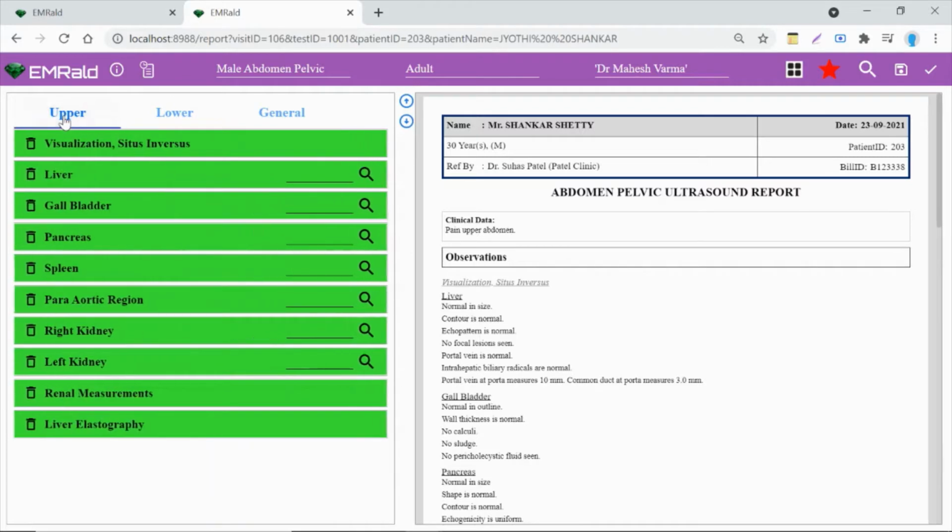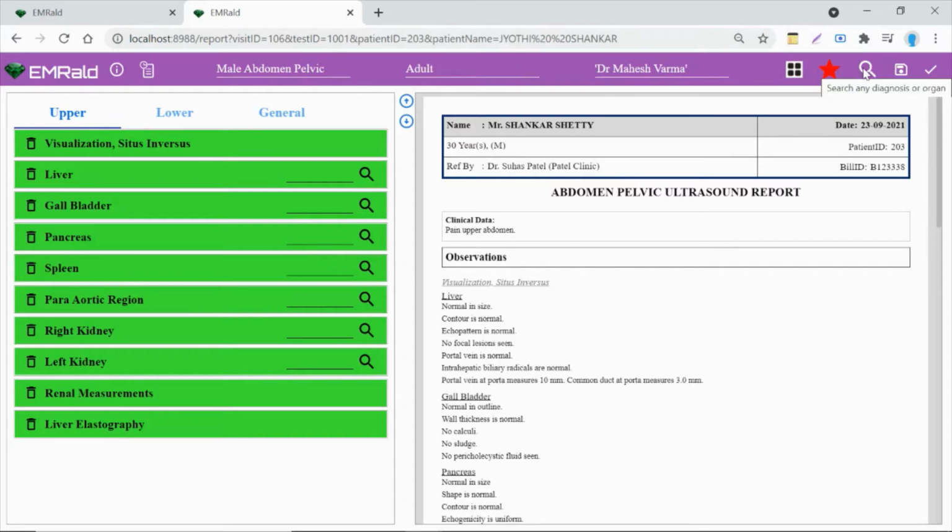So let's say now you have a couple of findings that you need to document. Let's say there is a hydatid cyst in the liver that you have seen while you're doing the scan, and you've also seen that there is an enlargement of the prostate. So how do you document these two things? Well, it's quite simple. You would have to dictate the medical term. So let's say it is a hydatid cyst in the liver.